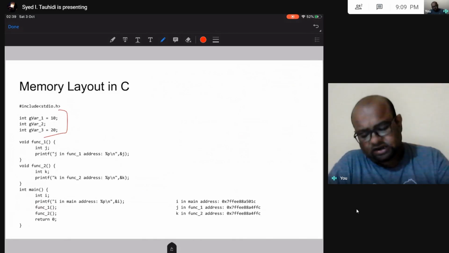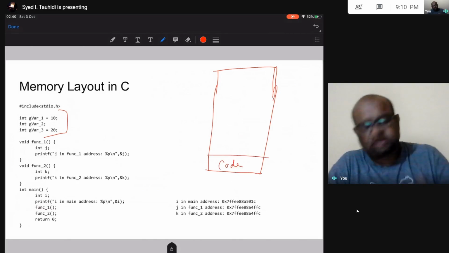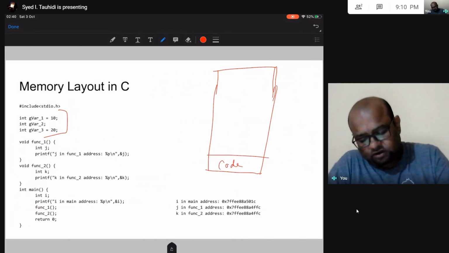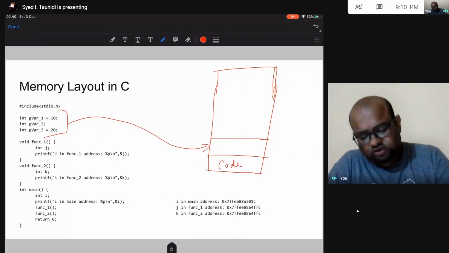The code is going to be allocated the bottommost addresses, the lowest addresses. Then all these initialized global variables will go at the bottom, and on top of that, the uninitialized global variables will be there. So yes, all this will be there.